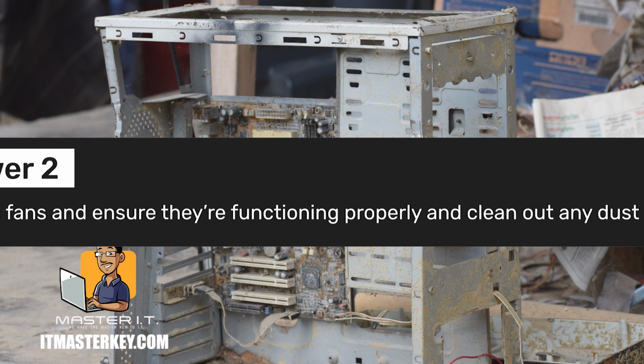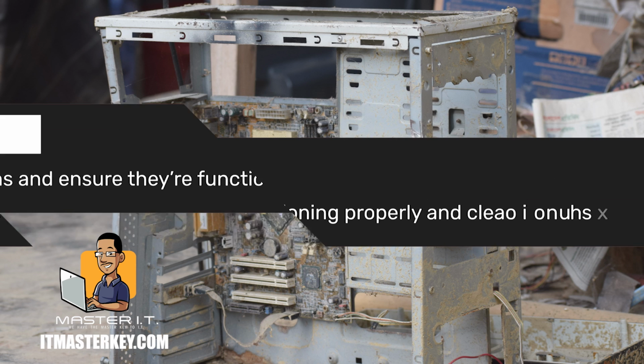whatever you're using. And another thing is, if you've got a really big PC, you may have a couple different fans. And those fans, if you've got them positioned in the wrong place, instead of blowing stuff outside, it may be blowing all the hot air inside the case. It may be blowing into each other and actually causing more heat, more humidity, all the stuff you don't want inside of the case. So direction and making sure things are clean